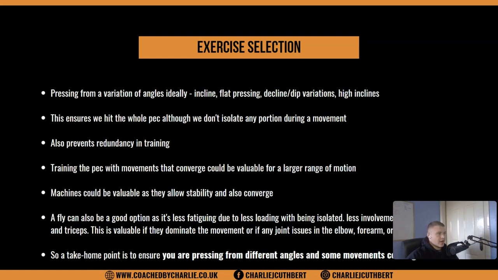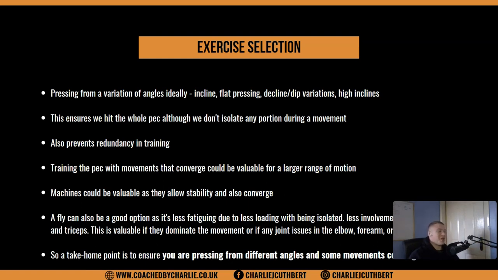When it comes to training the pec, movements that converge can be valuable for a larger range of motion. What I mean by converge is when our upper arm travels across our body, that allows us to shorten the pec further. A barbell press is a non-converging movement because our hand stays in the same position from start to finish. At the bottom of a barbell press, you can't bring your arm across your body because it's fixed onto the bar,